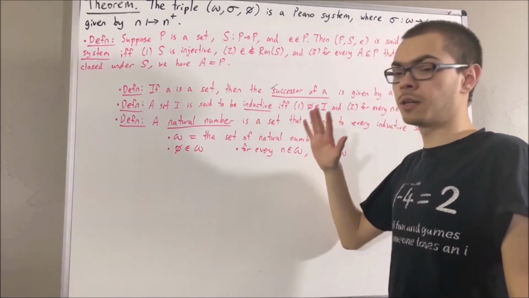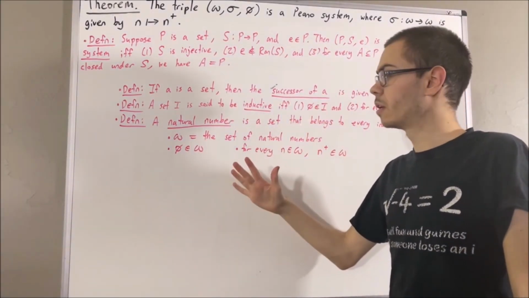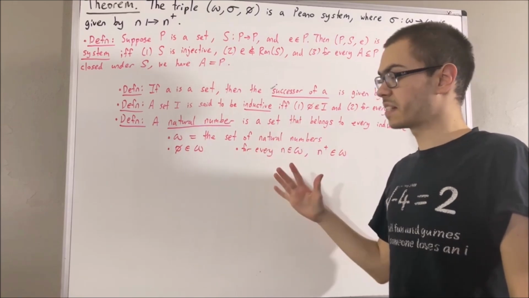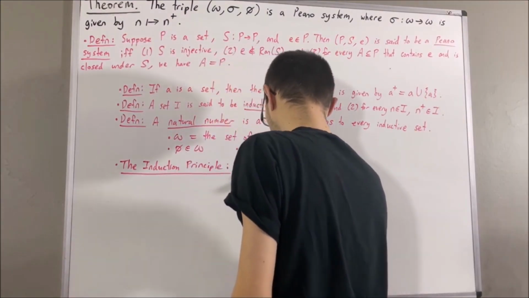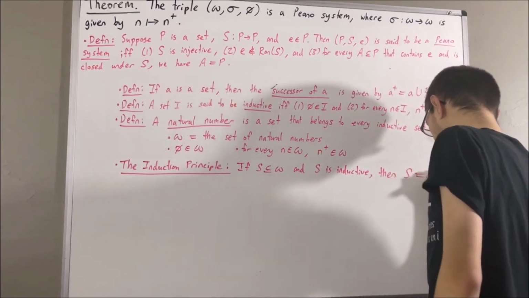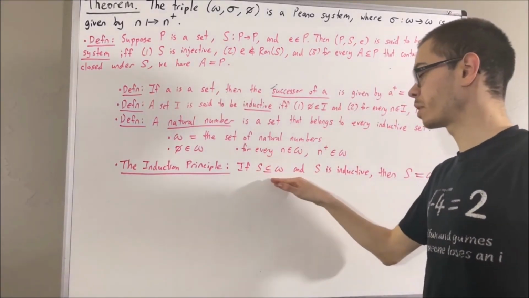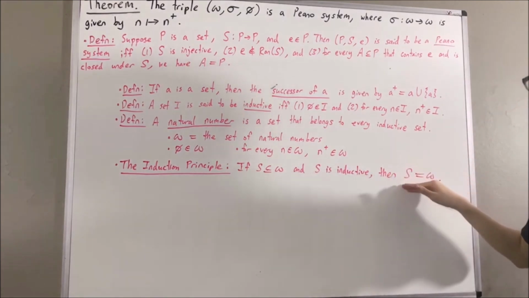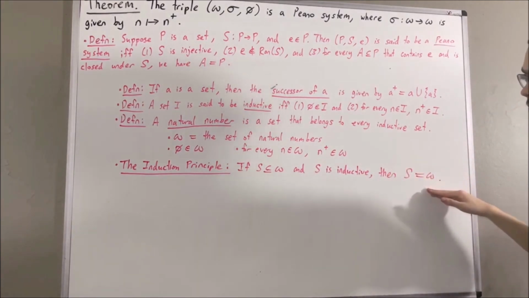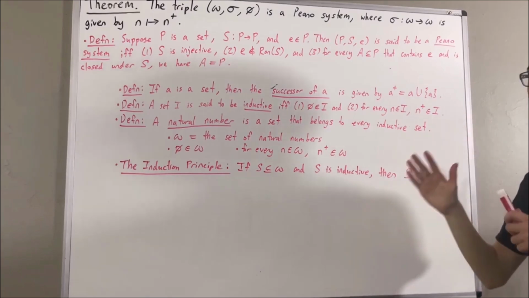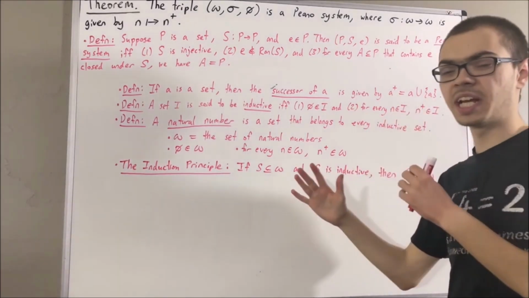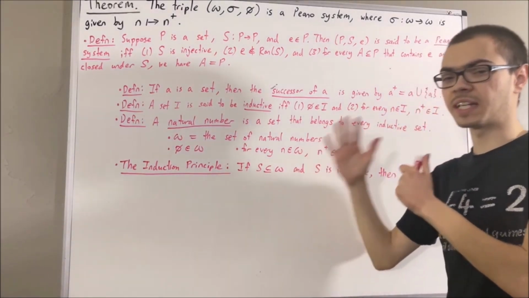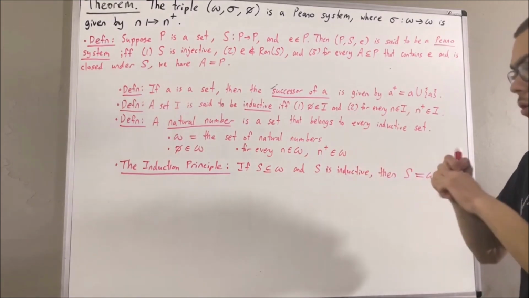We also have the principle of induction, which we have proven, and it says the following. It says if S is a subset of the natural numbers and S is an inductive set, then S is equal to the set of natural numbers. And another fact about natural numbers that we're going to be using is that every natural number is a transitive set. Or in other words,